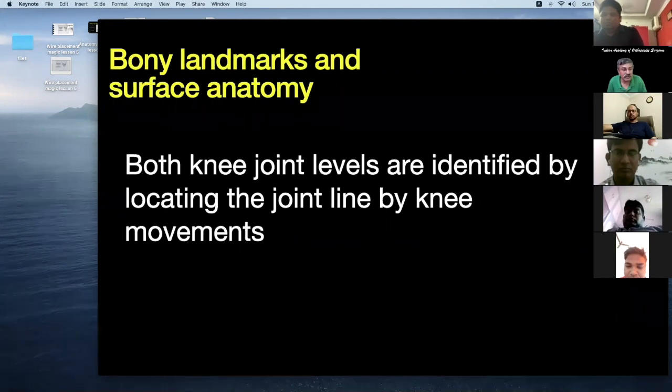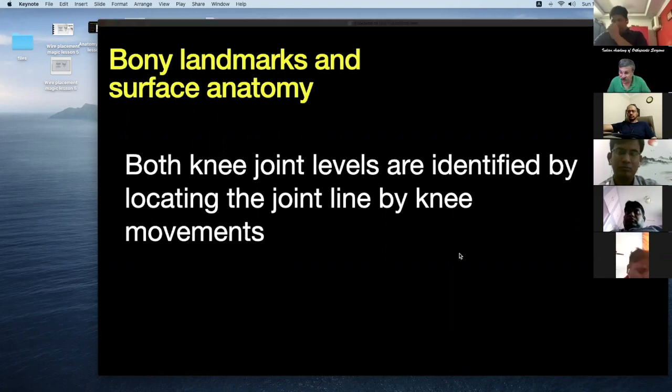So, whenever you are going to plan an arthroplasty, you have to square the pelvis. Square the pelvis means ensure that both anterior superior iliac spines are in one line. Then you are going to square the knees, ensuring that both hips are in the same position of abduction, adduction or flexion. Then we try to see if both knee joint lines are at the same level, which will tell us about the shortening.